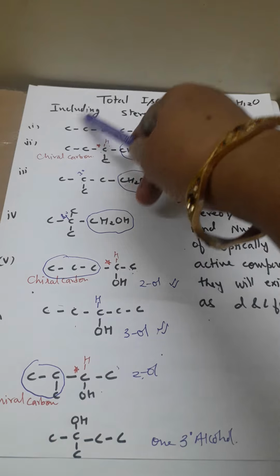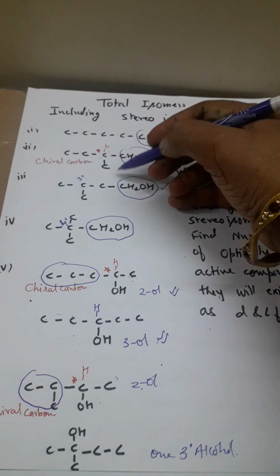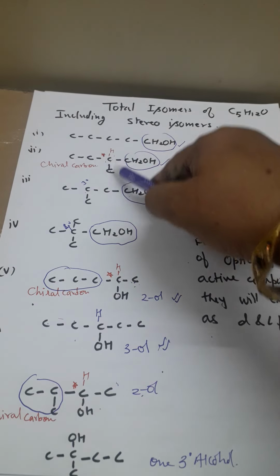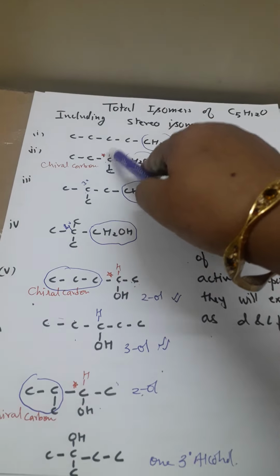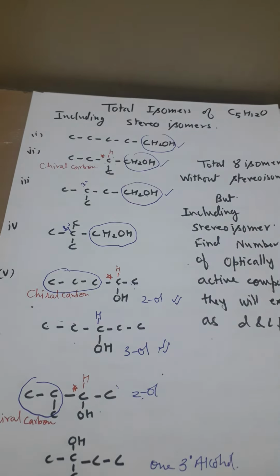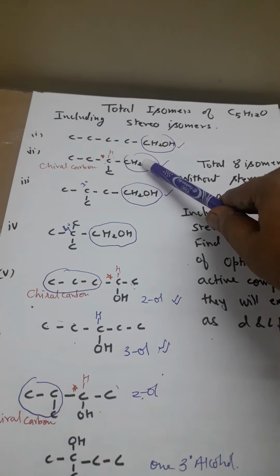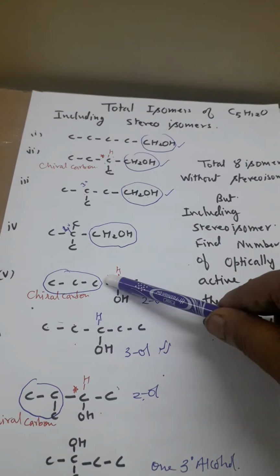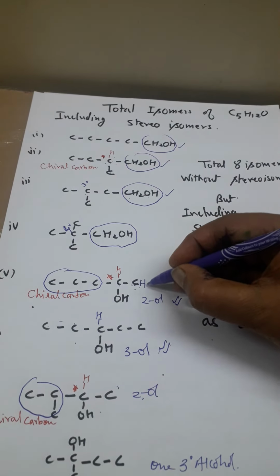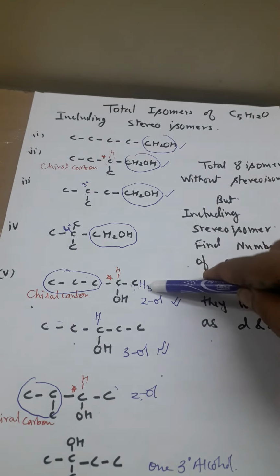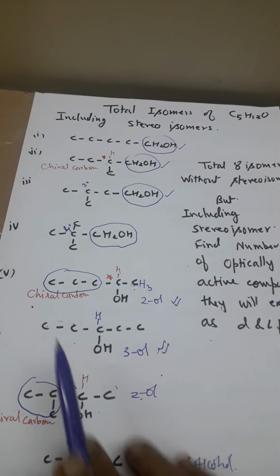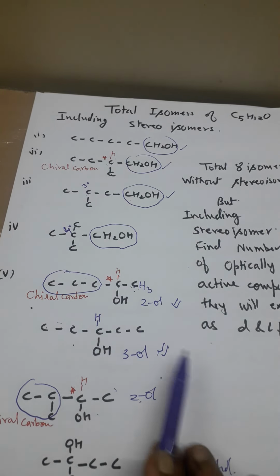Now here I have asked including stereoisomers. So I have made stars over here. See, this is 1 star because this carbon is having this CH3 group, C2H5 group, H and CH2OH. This is 1, 2, 3, 4. All 4 are different groups. So this is one chiral carbon, and then with this, see this 5th one, it is propyl grouping. This is methyl. Now I am writing methyl. Okay, propyl grouping, methyl grouping, H and OH. So this is also a chiral carbon. Okay, now this one is not, because on both sides C2H5 is there, so it is optically inactive.